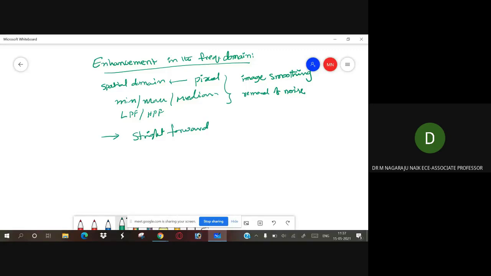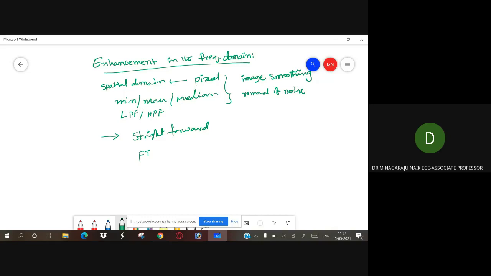That means in this technique, we simply compute the Fourier transformation of the image to be enhanced, multiply the result by a filter transfer function, and take the inverse transform to produce an enhanced image.